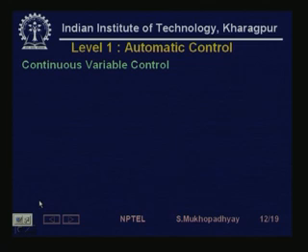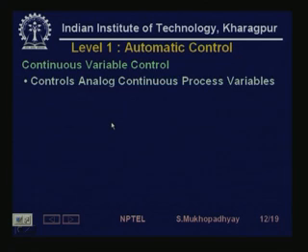So let's look at automatic control. Automatic control, again, I must mention this I have not mentioned, can be of two types. The first type is what I call continuous variable control. That's what we are familiar with. Most of us have already taken a course in that called automatic control systems or control systems or